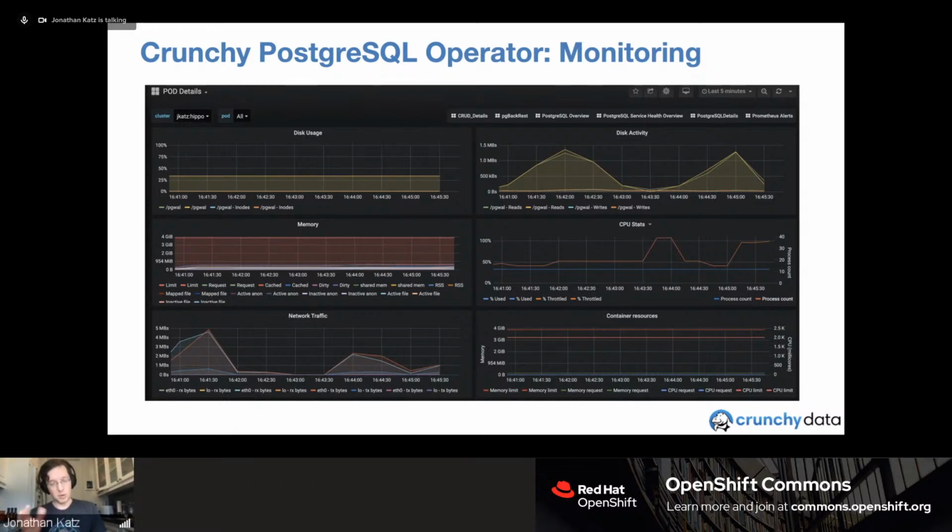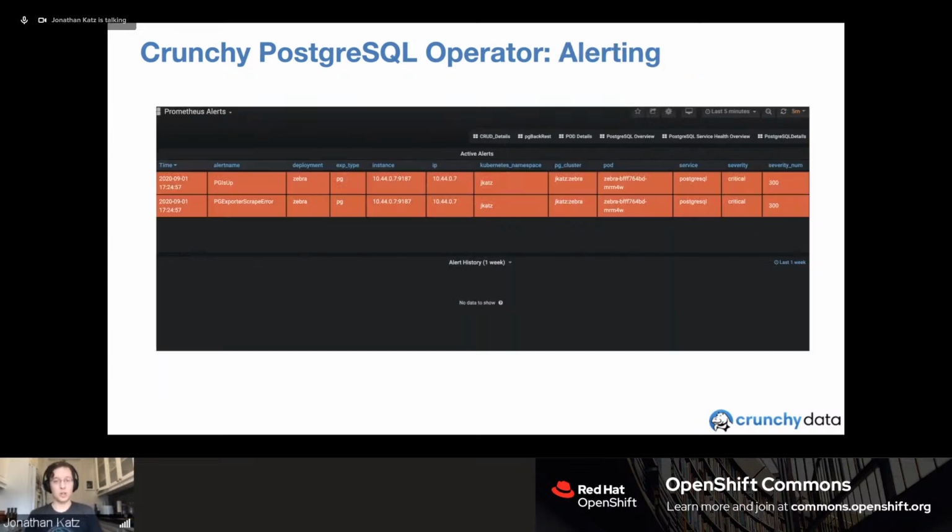Of course, it's nice to be able to look at the charts and get all of this information, but it's also good to be alerted to problems. We've pulled together our favorite alerts that will tell you what kind of errors are going on. For instance, if high availability can't heal, something's wrong, the cluster is inaccessible, and it's inaccessible for a certain period of time.